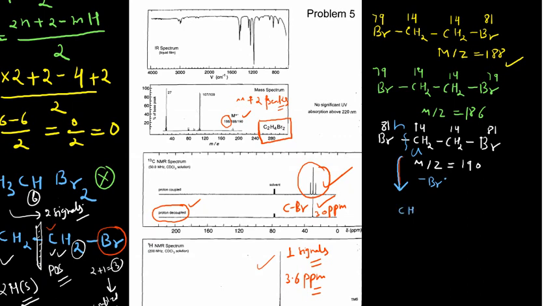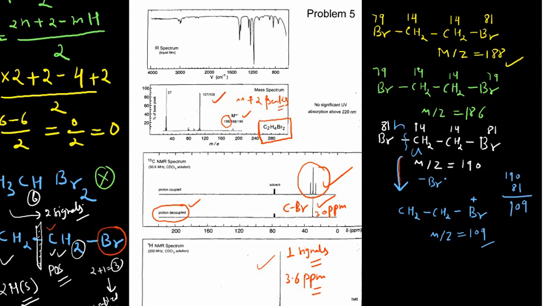You are left with CH2Br, and somehow, say it left from here, so it could be a cation, a positively charged species. And now you see you have removed 81 from 190. So you can write 190 and you have removed 81 from here. So 190 minus 81 is 109. So this fragment has an m/z value of 109, and you have the peak at 109 here.